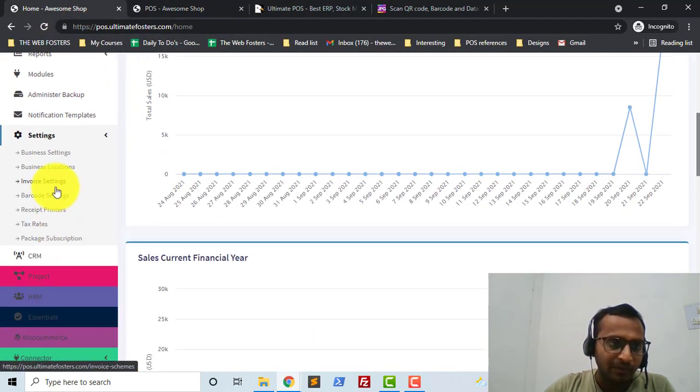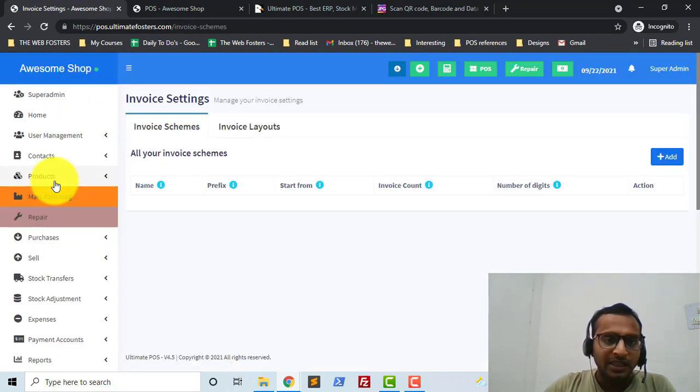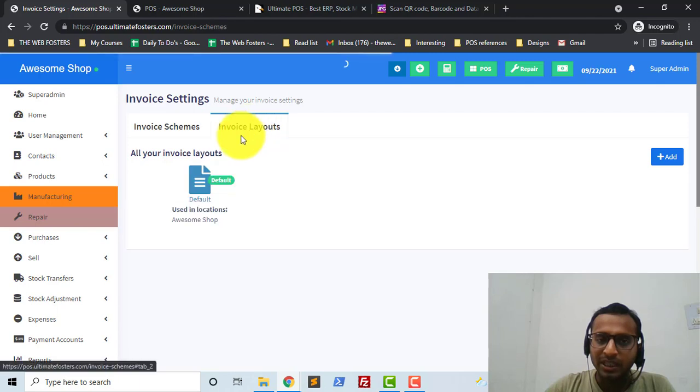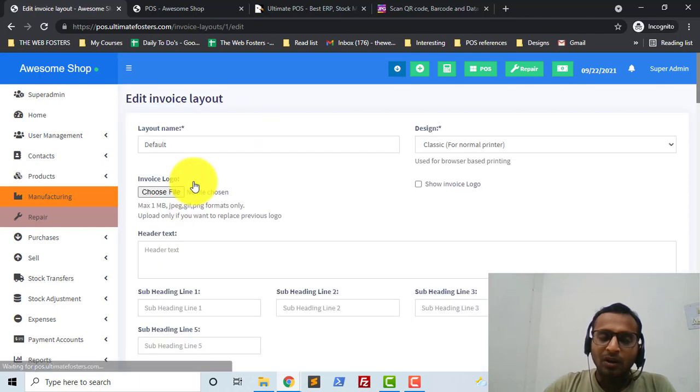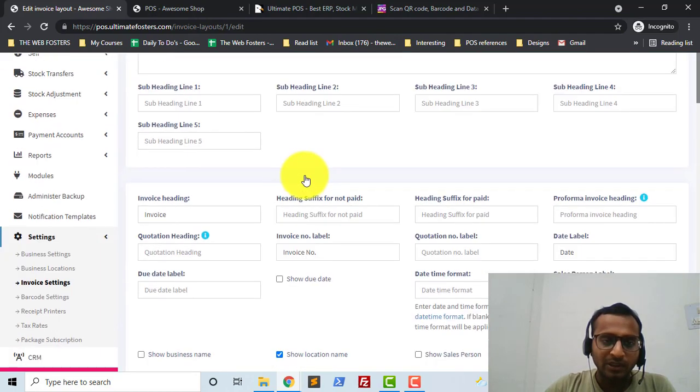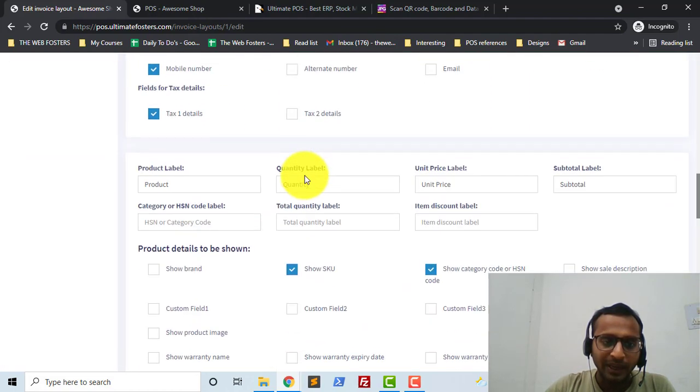Inside settings we have invoice settings. Inside invoice settings we have this invoice layout. So from this invoice layout you can control all the different layouts related to your invoice. So I will scroll down to the bottom and here we have